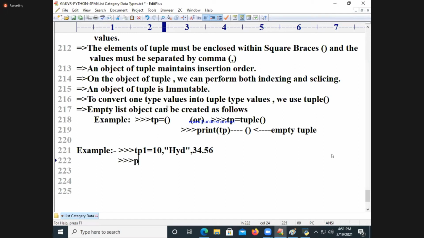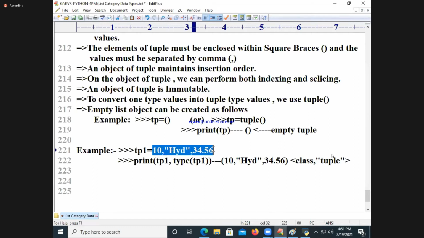Print of TP1 comma type of TP1. The answer comes with the braces: 10, HYD, 34.56, and class of tuple.